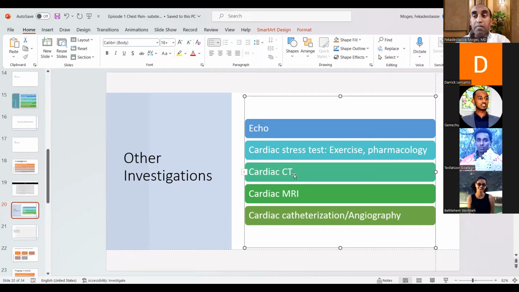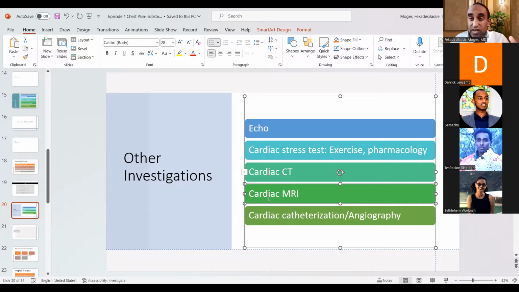And cardiac CT, if the patient presented a couple of months ago, you can think of cardiac CT, do calcium scoring and all that, and you will see the coronary calcium score and everything. You can do that, and you will risk stratify the patient. Cardiac MRI, not right now, but if the patient was coming during the angina symptom, even now you can do MRI. MRI can tell you whether there is ischemia or not, because you can tell whether the part of a myocardium is being perfused or not. Cardiac MRI can be considered, but not right now.